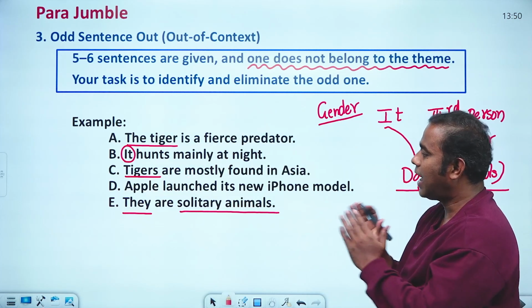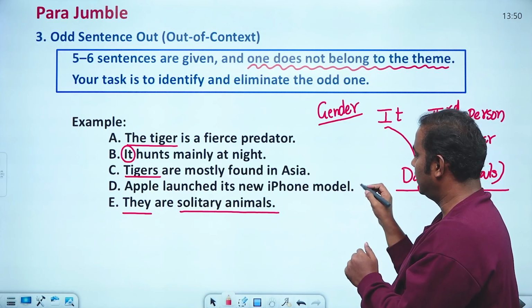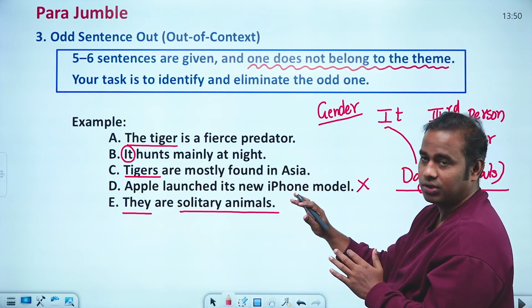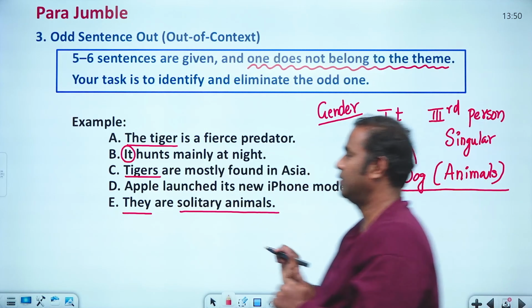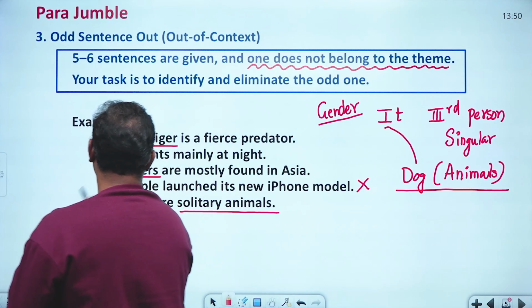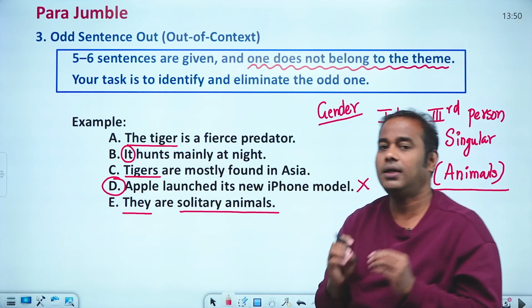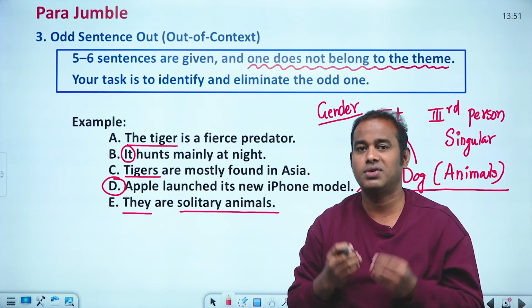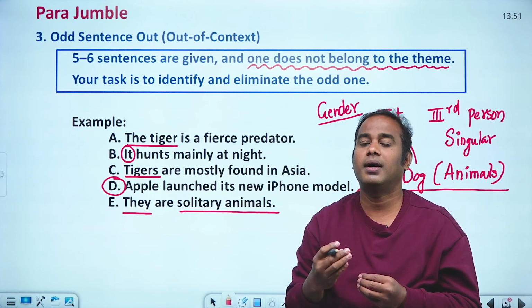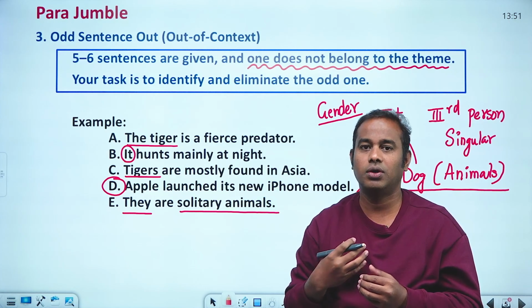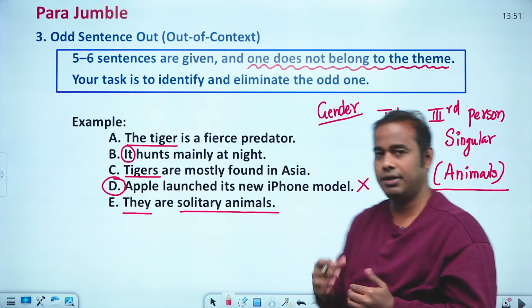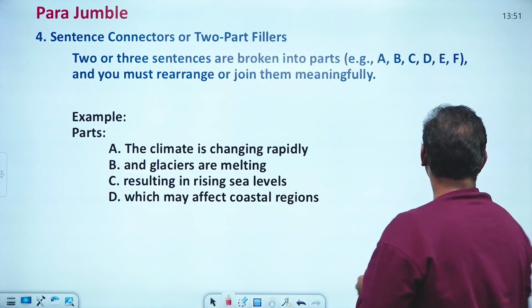So here Apple launched its new iPhone model. This sentence is a very odd sentence which does not match the others. So D is the answer here. Likewise, D will be the answer. The example that I have taken is a very simple example. In the exam, it will not be like that. You have to identify very carefully to find the odd man out. Okay. Now, next one is